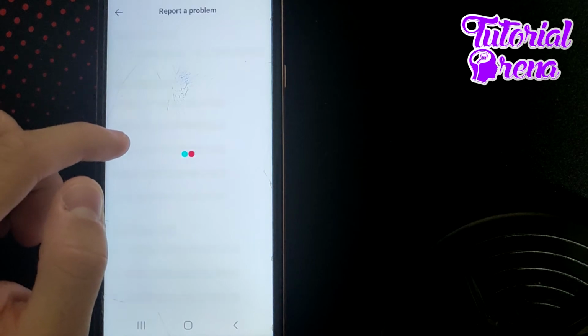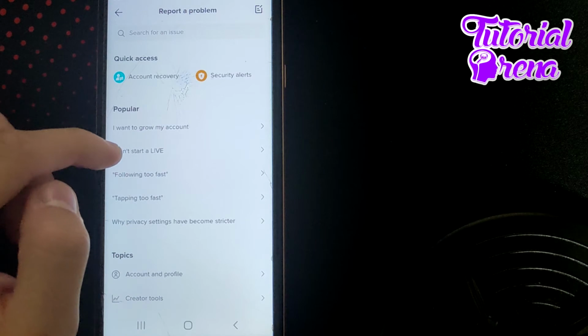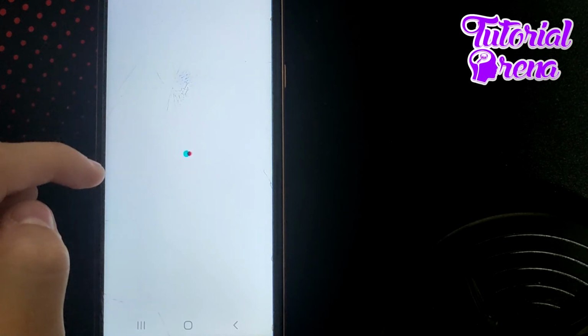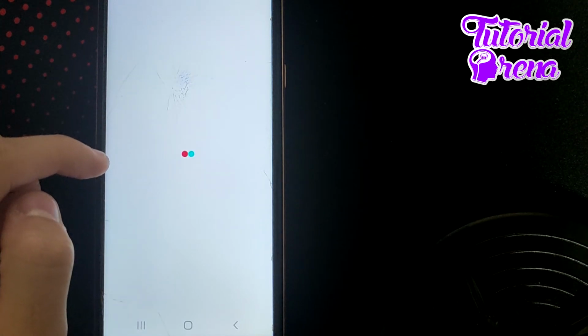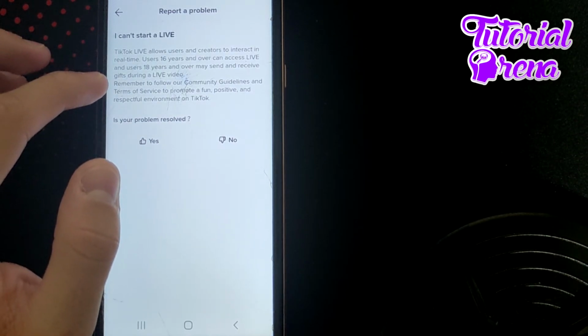Then you'll need to wait for it to load fully. As you can see right here, you have "I can't start a live." Go on that second selection, which is right here. Then what you can do next, simply here it is, the support team of TikTok is sending you a